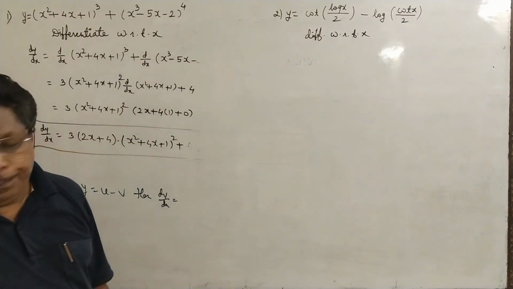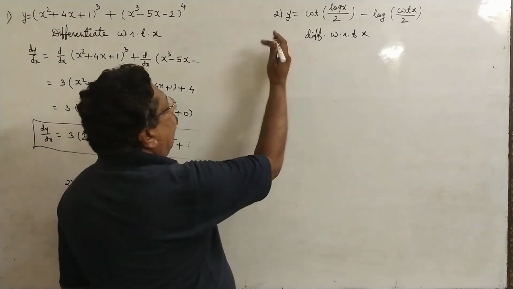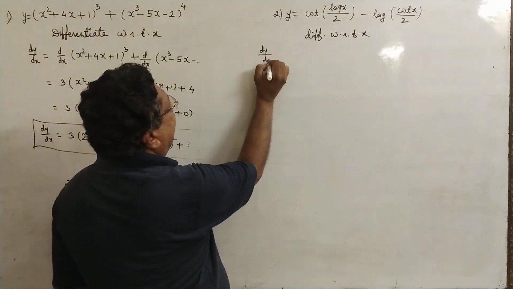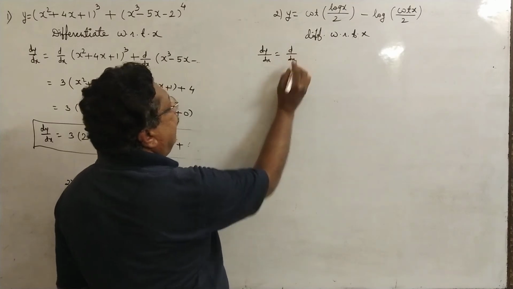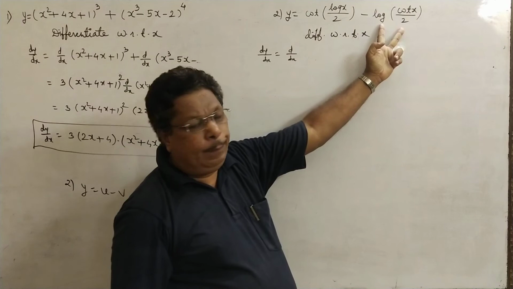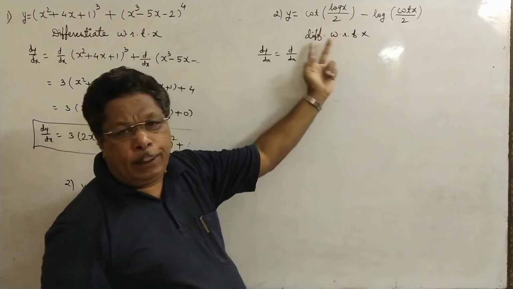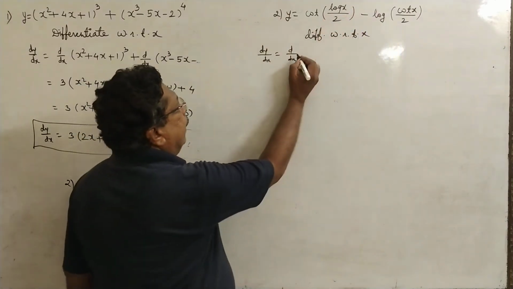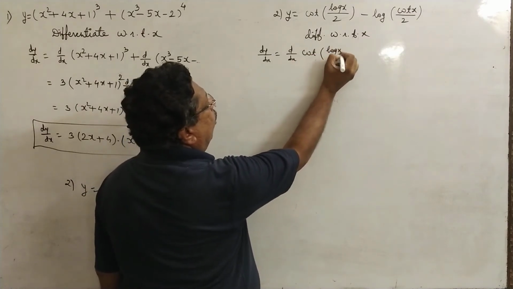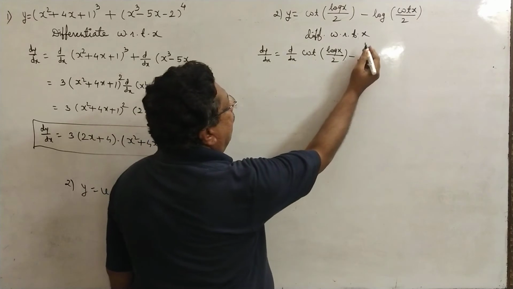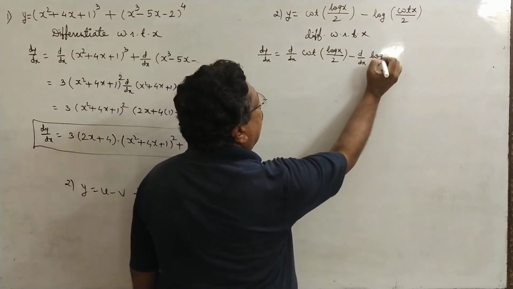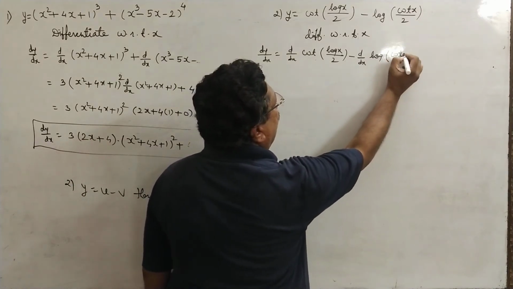Okay, now see. Derivative of y with respect to x is dy by dx into d by dx of, this is u and this is v, u minus v. The derivative of u with respect to x, du by dx. Therefore d by dx of cot of log x upon 2 minus d by dx of log of cot x upon